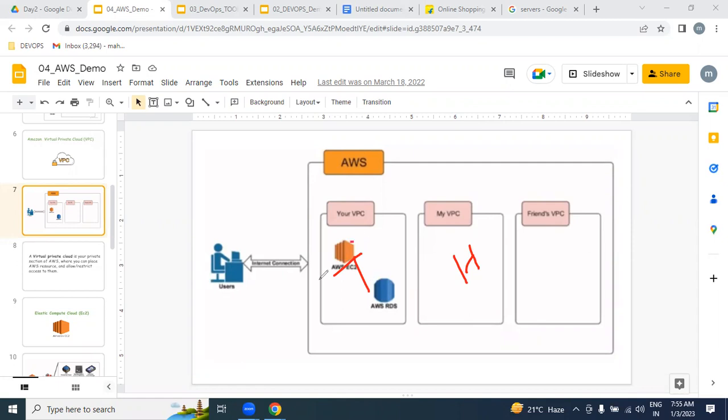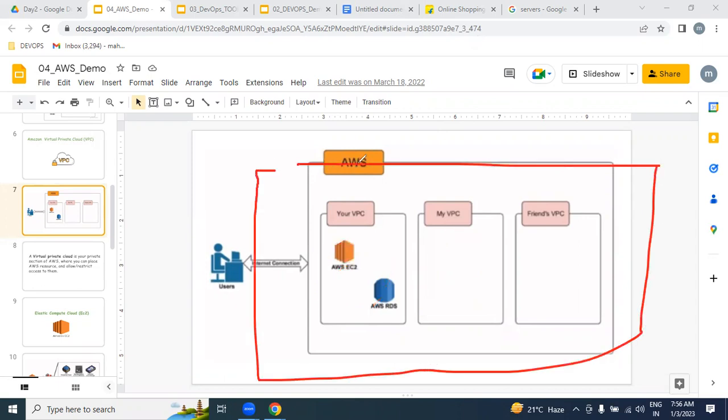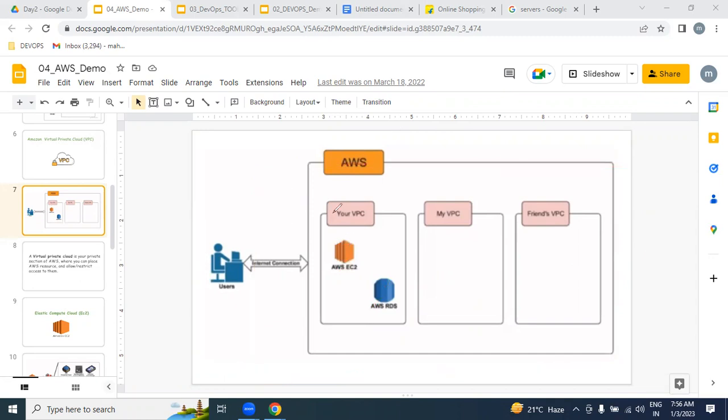But TCS company network we can't access. HCL company network we can't access. Because it is fully secure. Because it is fully isolated. So we are all getting into the AWS. In AWS, we can create our own private network. This area we can only access, outside people can't access. This kind of thing we are calling as what? Private network.